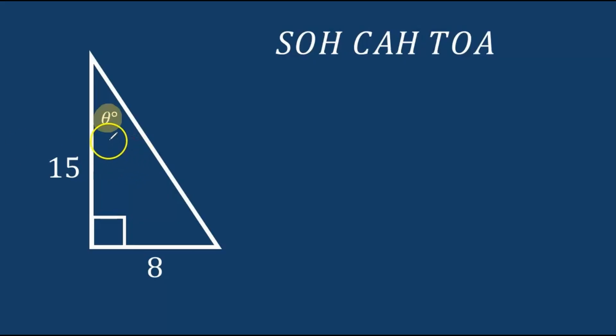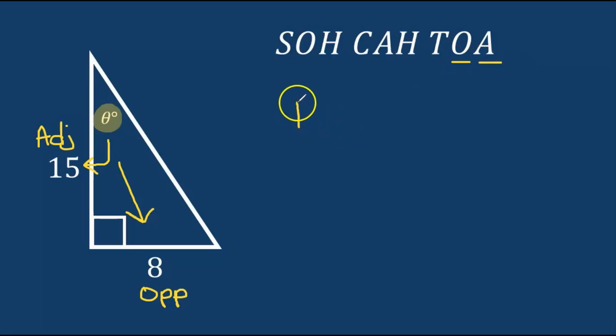In this case, we've been given something that is adjacent and something that's opposite. So I know I'm going to use tangent. But I don't have the degrees here. So we can use theta